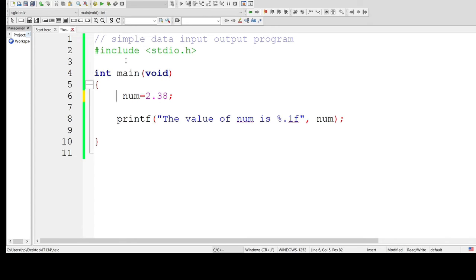For example, what about letter C? We will use char, or a character. Let's say char. Character means we put this one inside single quotes. Example, letter A. Print letter A. Say then we use percent. The format specifier or conversion specifier for character is